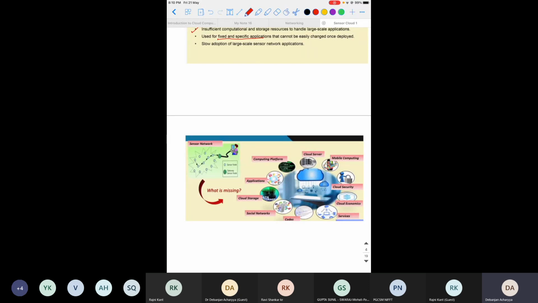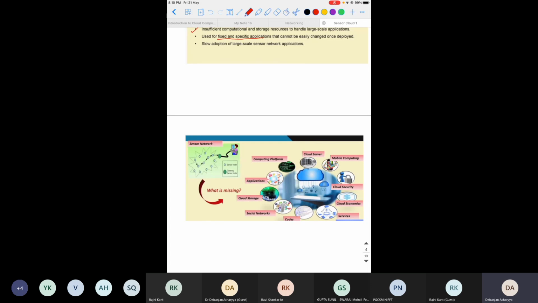So first of all, don't think that the sensor cloud means you have sensor data and you are uploading it to the cloud. That is not true, that is totally wrong. The sensor cloud is a different thing, I will explain.